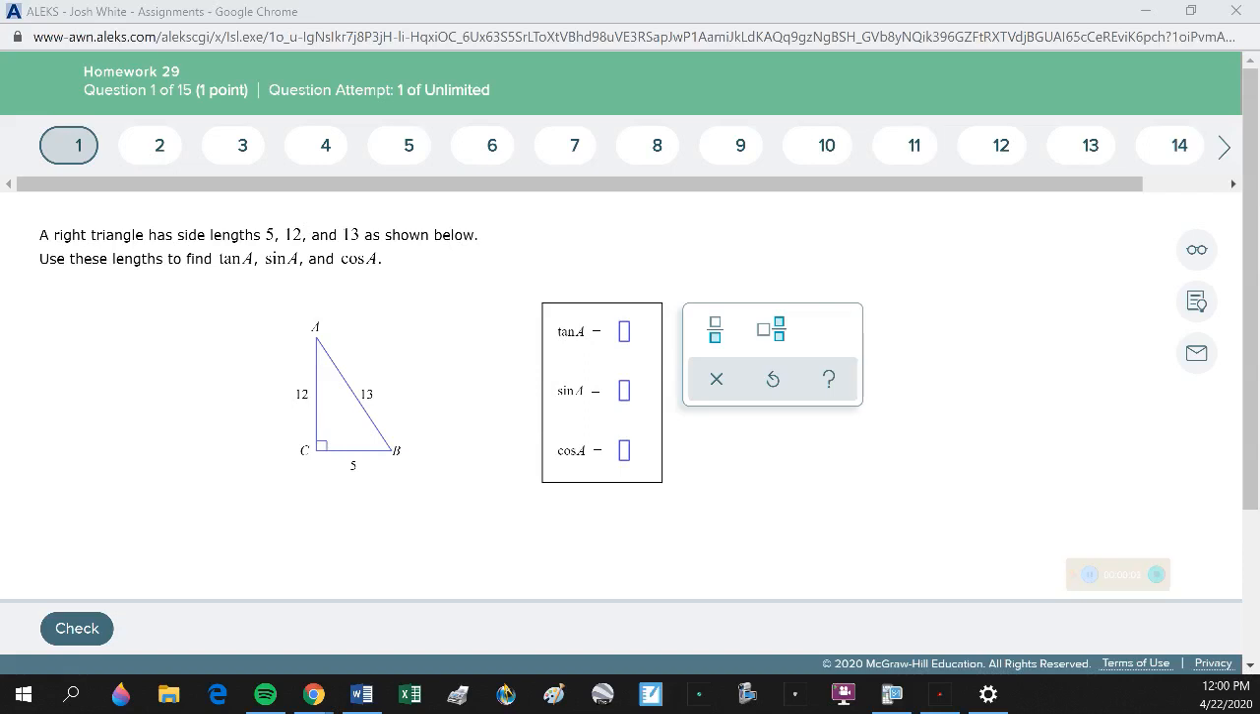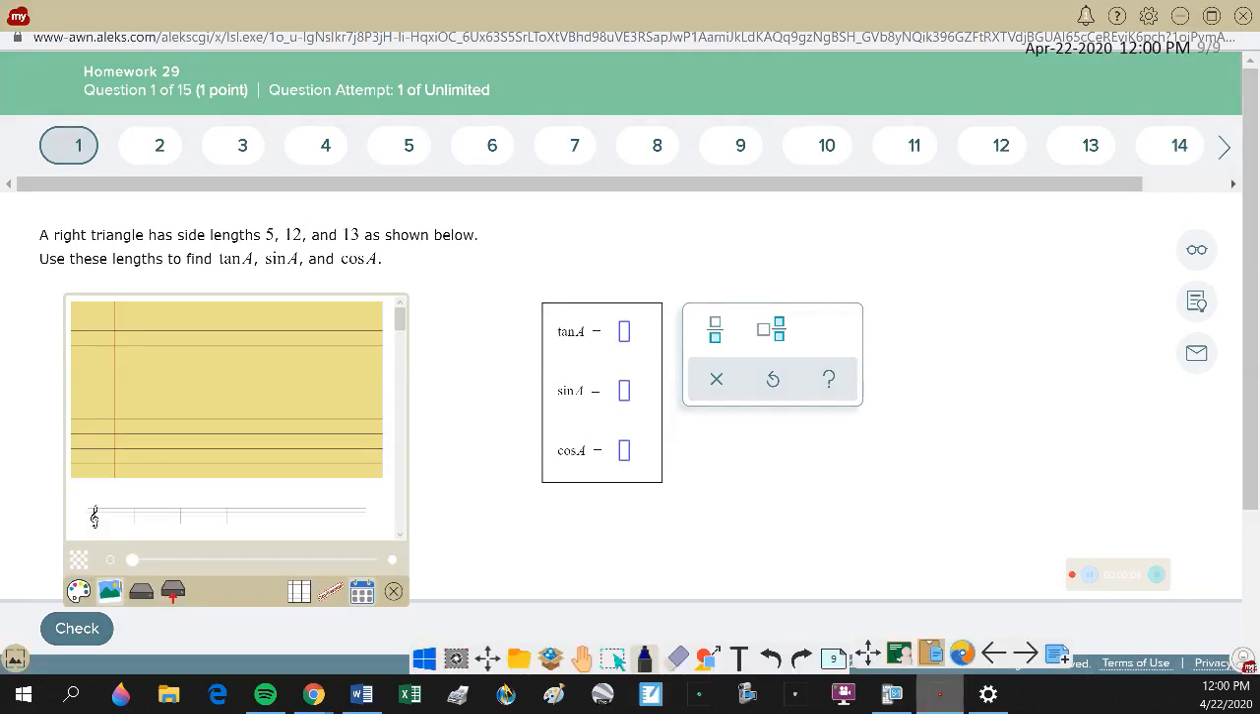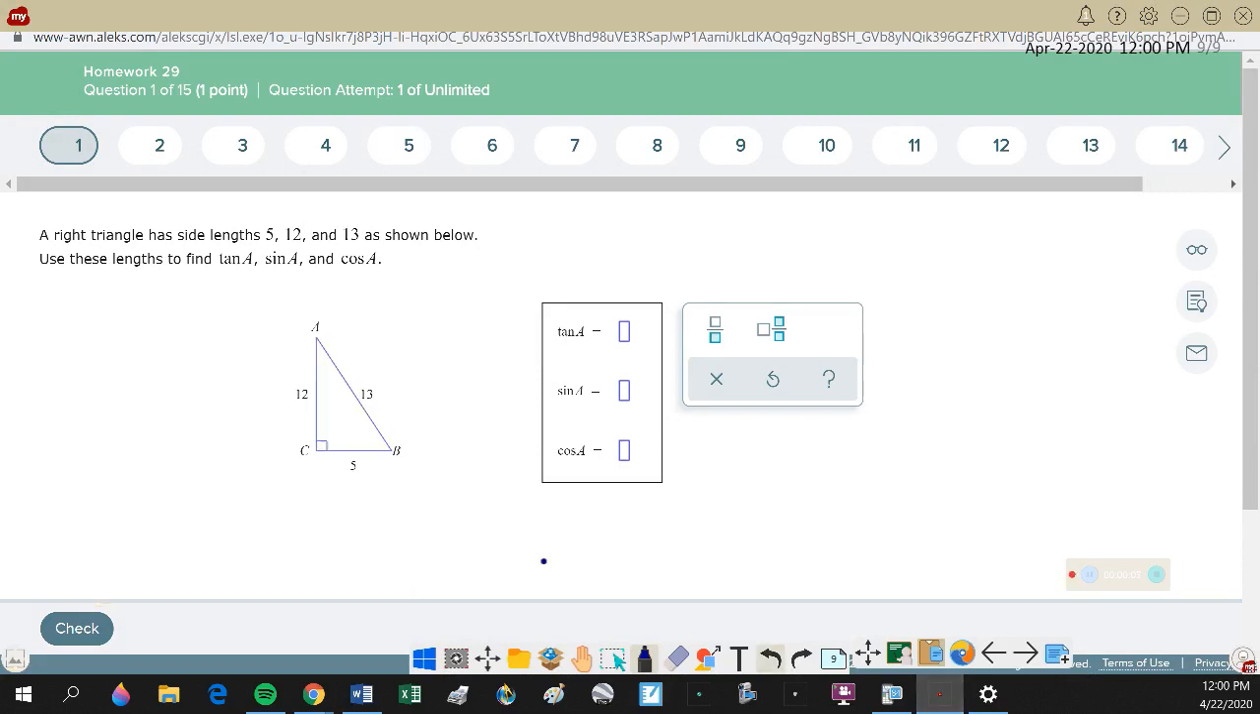Okay, I've had a request for some help on homework 29, and this trig stuff can be a little bit confusing, so it's okay if you're struggling. We'll get it figured out. So what you need to remember is the mnemonic